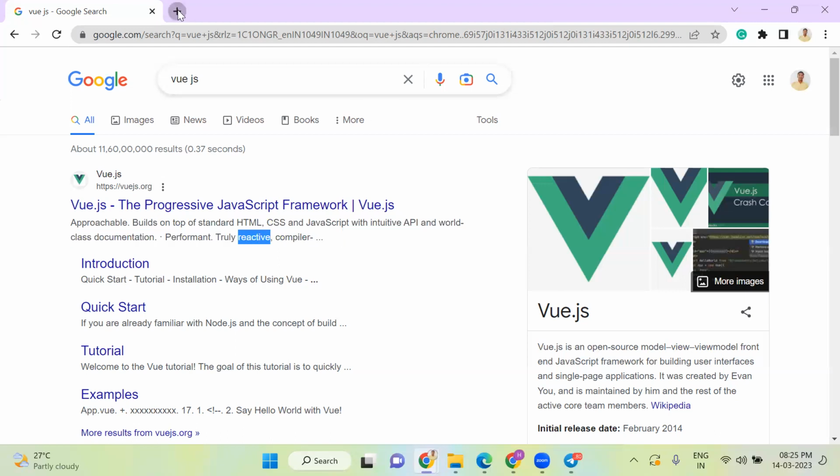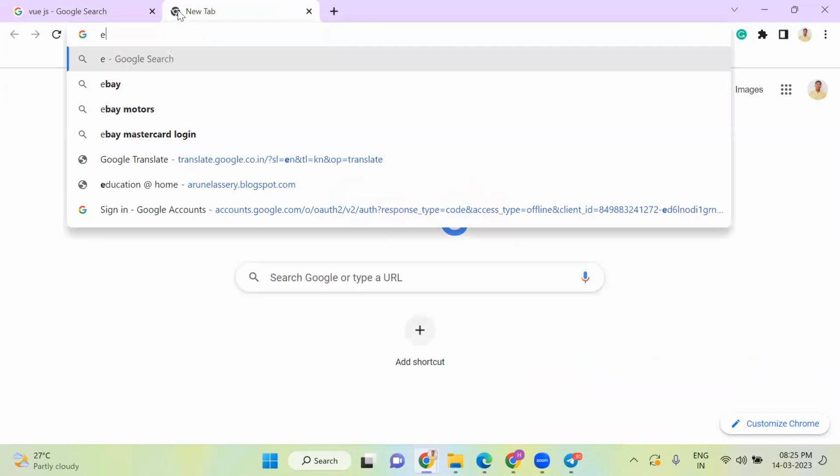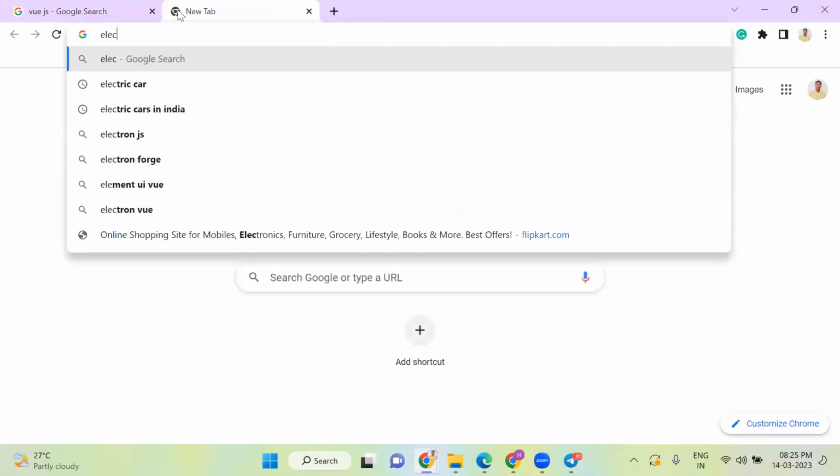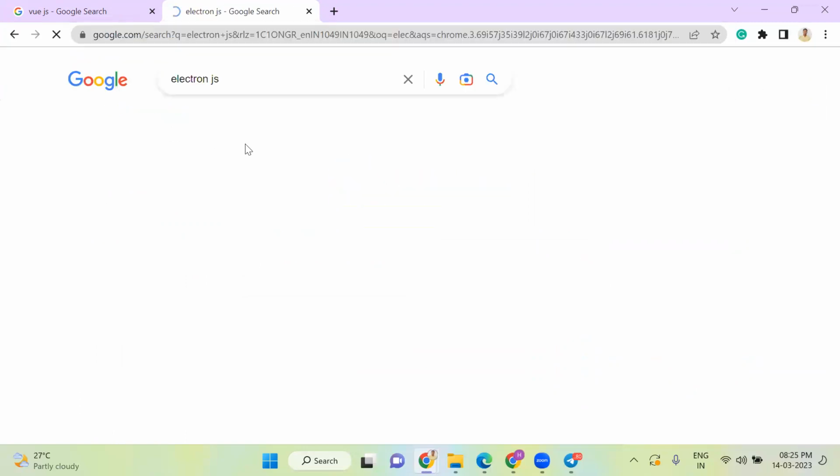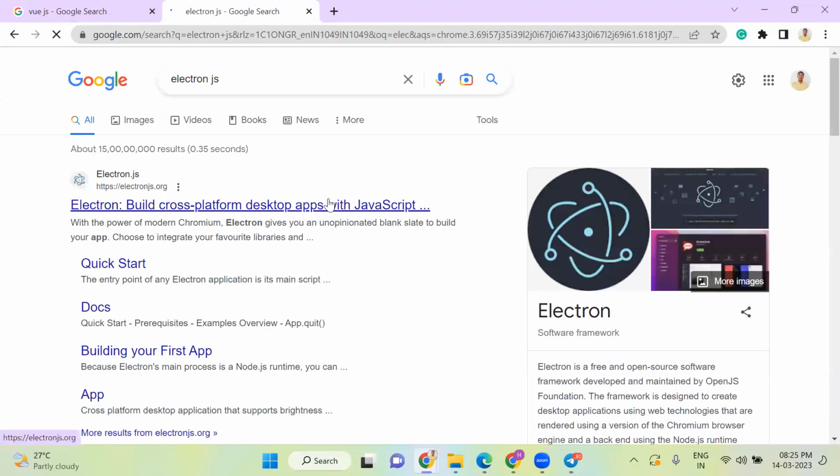Okay. So just to give you another idea, there's a library called Electron.js. Today, most of the desktop applications are created using Electron.js.